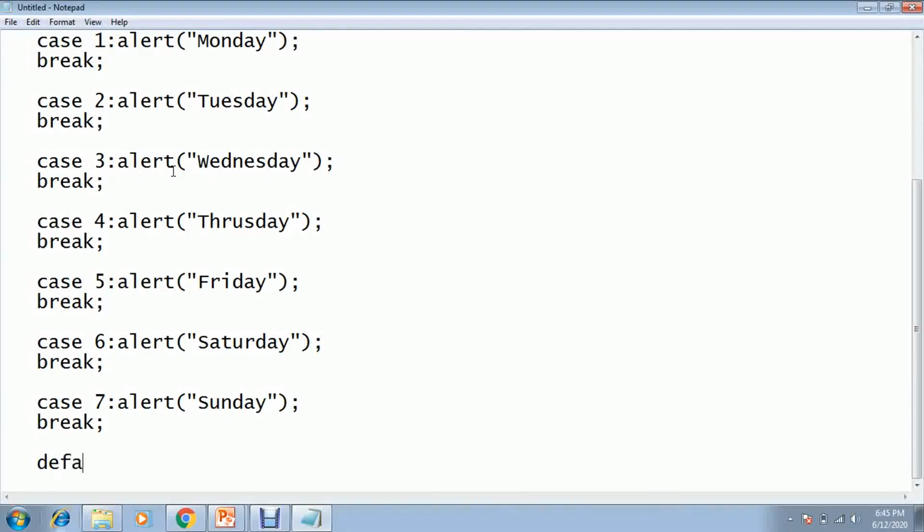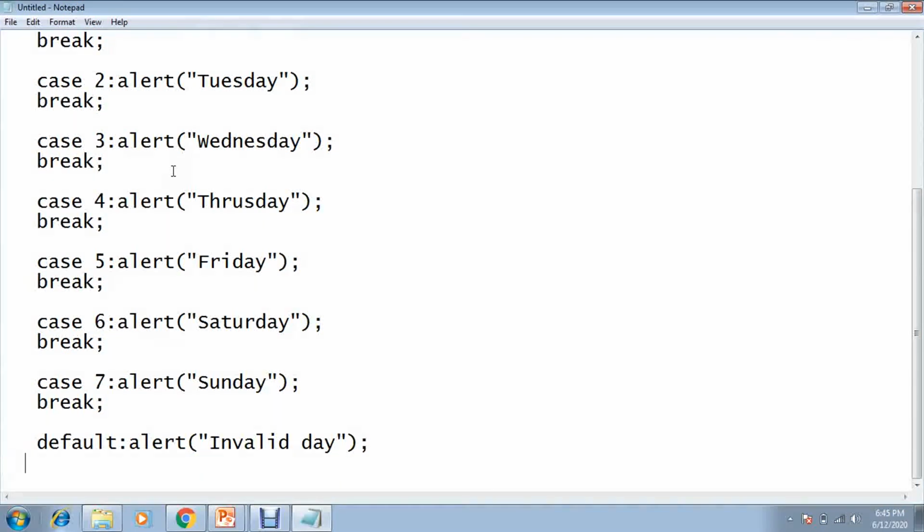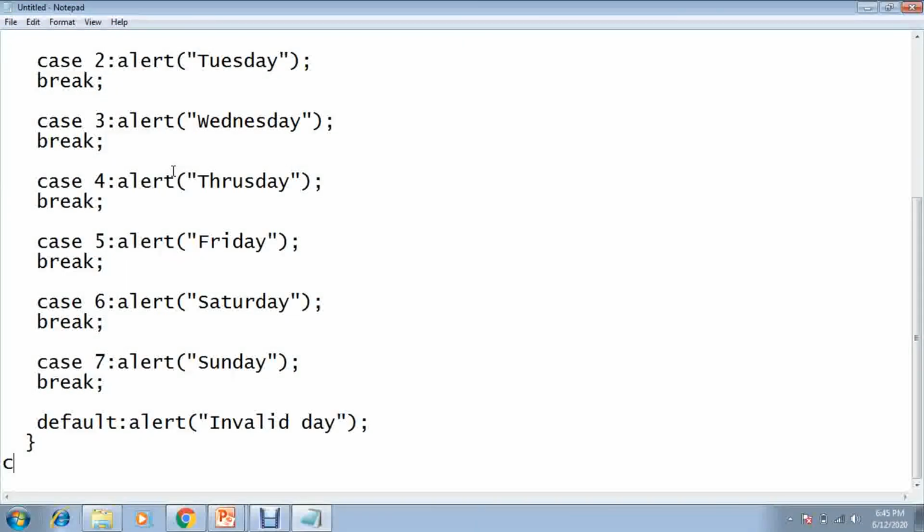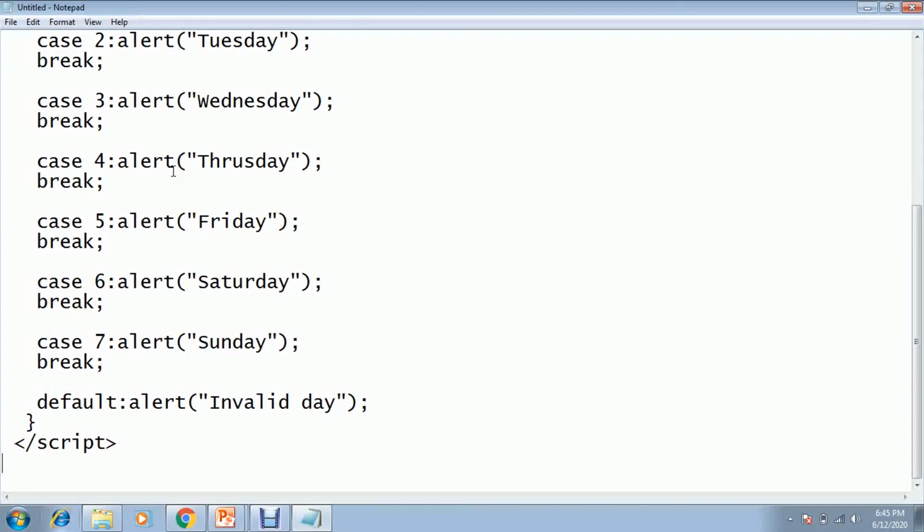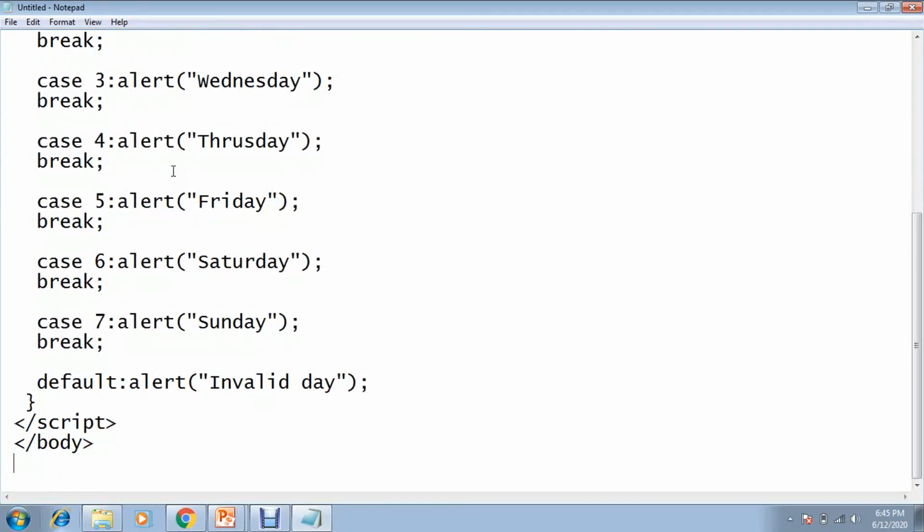In the default, write alert "invalid day". Close this switch case. After that, close the script tag, then close the body tag and close the HTML tag.